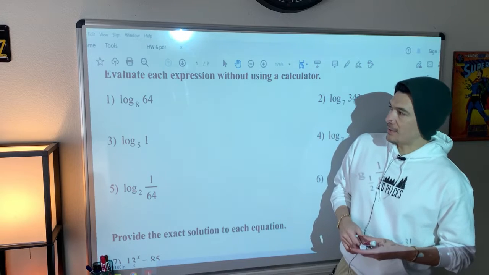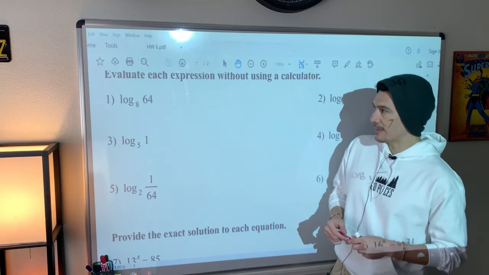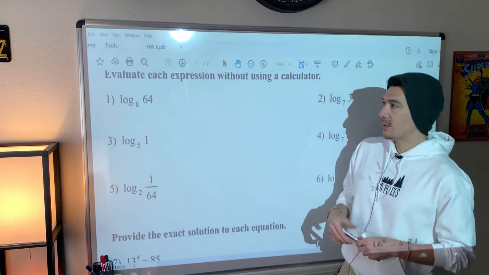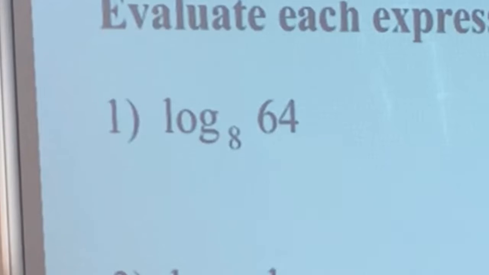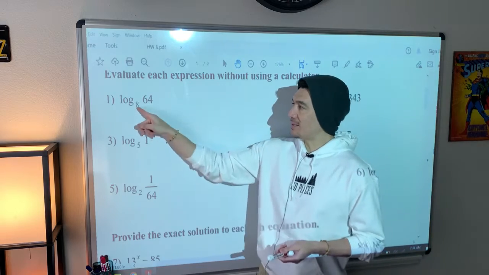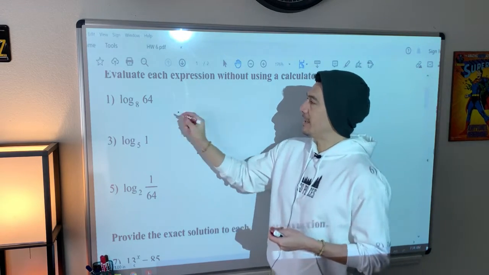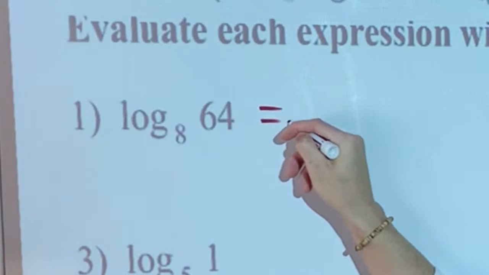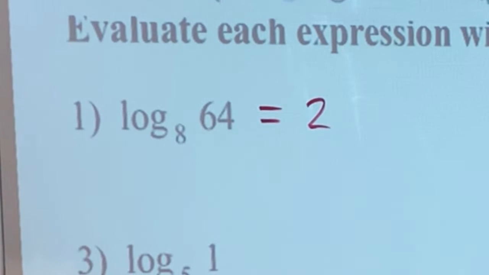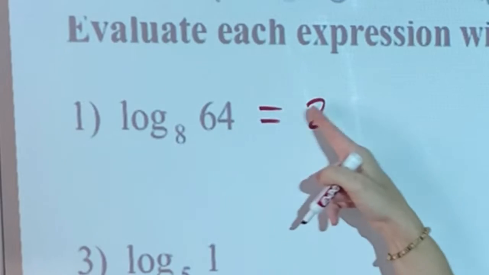All right, check it out. So they want us to evaluate these logarithmic expressions without a calculator. Recall the interpretation here. We want this to become that, and it is a matter of an exponent. So 8 raised to what power turns it into 64? Well, we can soon see that the necessary exponent would be 2, because 8 to the power of 2 is